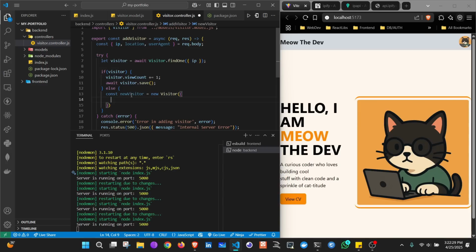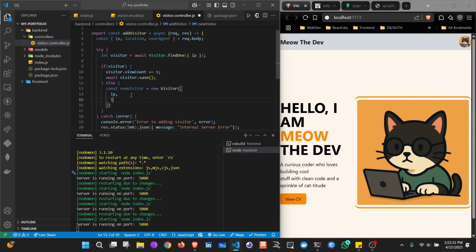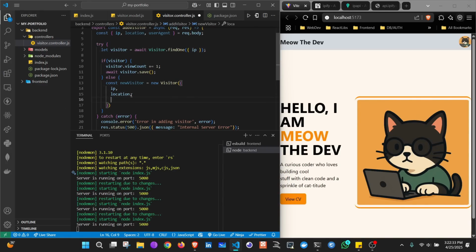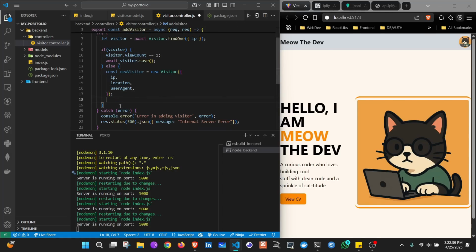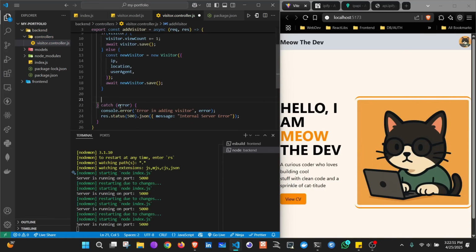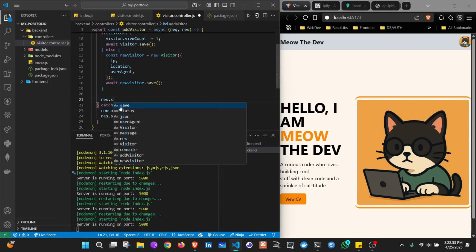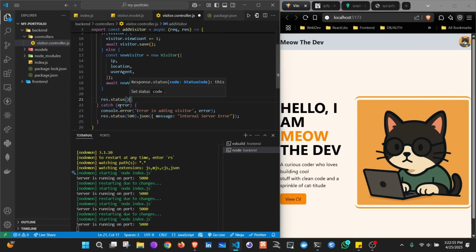Then we have to pass the IP, then the location, and finally user agent. Now after we have created the new visitor, we'll simply save it. Await newVisitor.save. After we have saved, let us send a response with a status code of 200.json